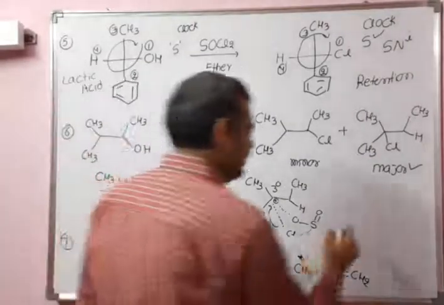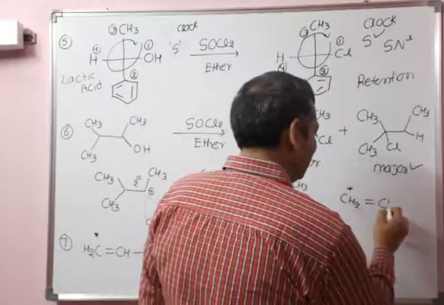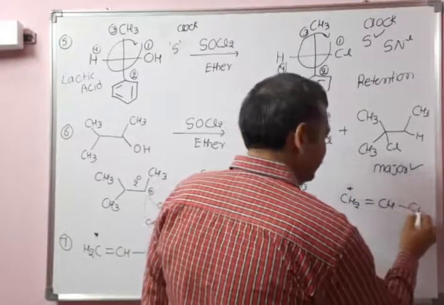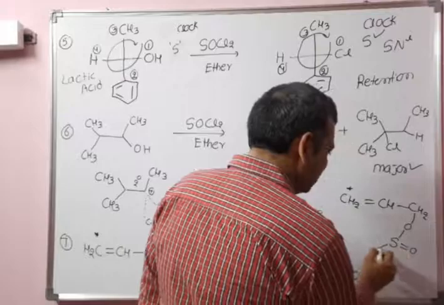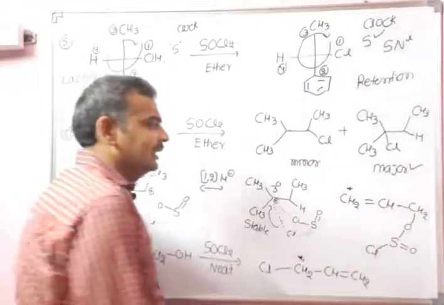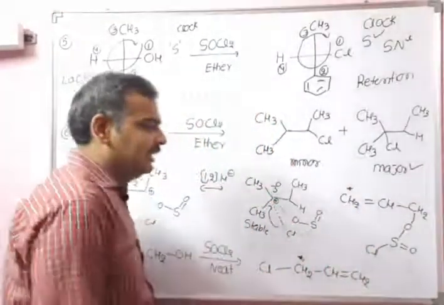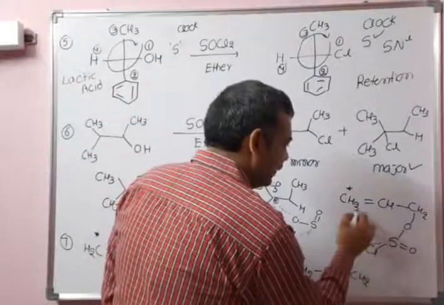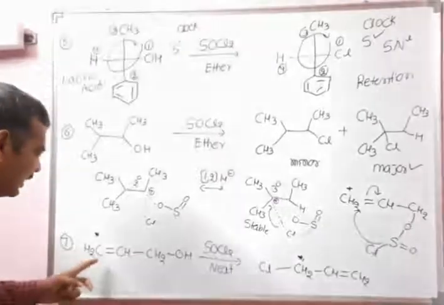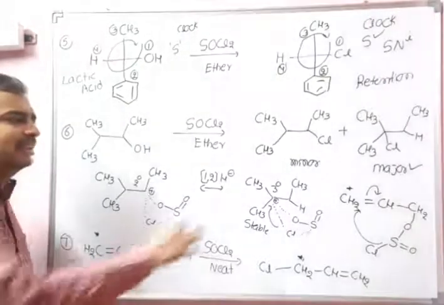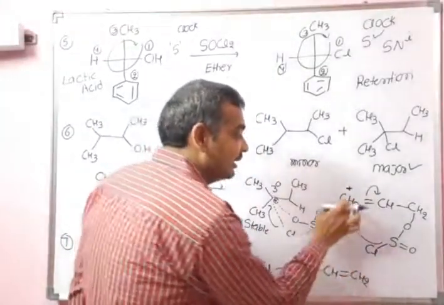See, the intermediate formed here, I will write CH2 double bond CH2, after that O, sulfur, SO2Cl will form. Here it is very near. So instead of retention of the configuration by attacking here, it will attack here like this. Both are the same. If you label this one, the chloride ion will attack this carbon, not this carbon. Why? Because see the mechanism, this carbon is very near, it will attack from the front side, but that will attack on this carbon.